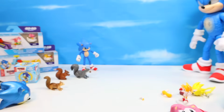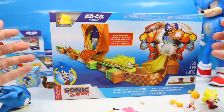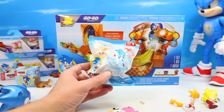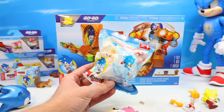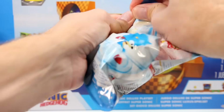Okay, so now it's what we're here for. It is the Go-Go Racers. Oh gosh, Go-Go. So like about every other year, Sonic has some sort of novelty race toy, if you recall the rolling spheres. In fact, these rolling sphere pods are back. We reviewed the course like over 2 years ago, and just now I'm finding the multi-pack spheres on shelf. Sometimes Jakks Pacific really confuses me, so if you remember these,